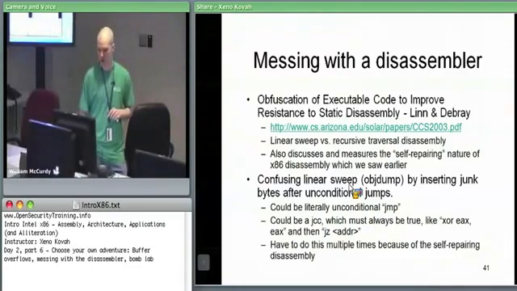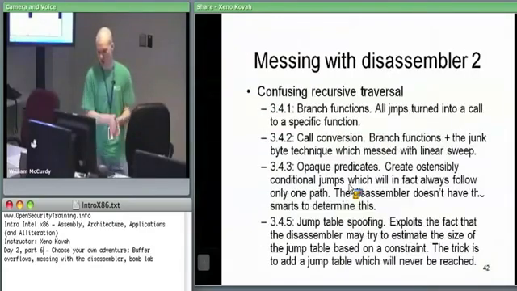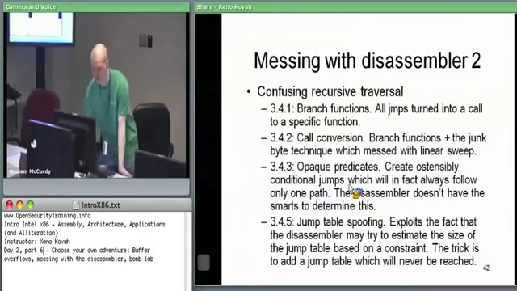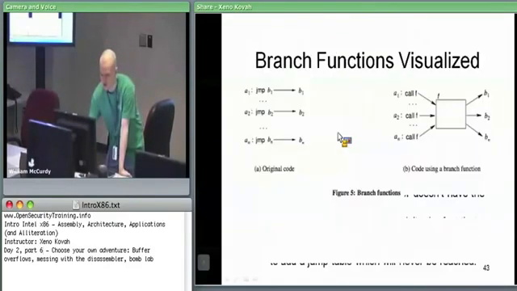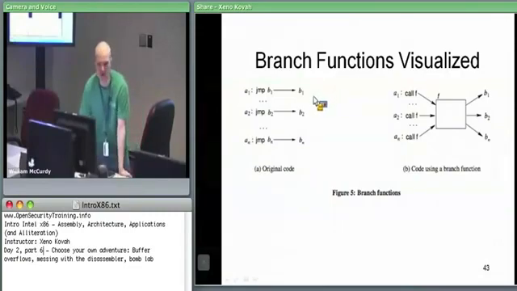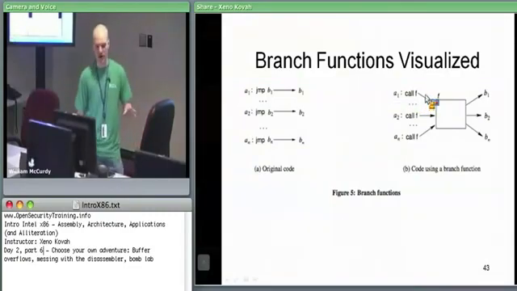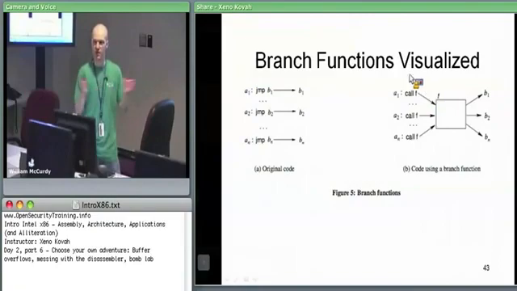So that's one thing. And then there's a bunch of other things. Well, so opaque predicates is kind of what I've already explained. One of the nastier things that you can do is having a branch function. This is like, let's take all of the branch kind of instructions, all of the control flow variants within our